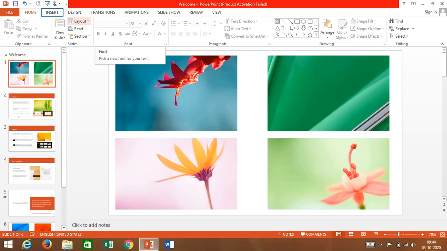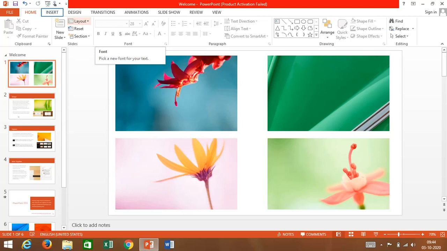Now what are action buttons? These are communicative buttons which can be added on the slides to perform various actions during the slideshow. That means using an action button we can do a task. What type of task? Such as going to next or to a specific slide. We can run an application using an action button, or we can play a video clip, etc.